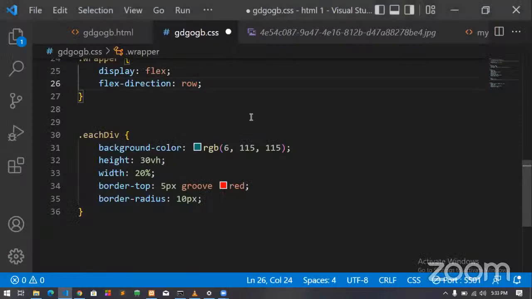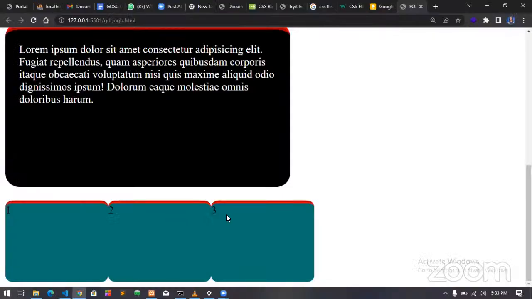But this is not the purpose why we're actually using flex, because we want them to stay beside each other. So there's no need of using row reverse or column reverse or column. So we are going with row. But they are just two. I don't know why they want to marry each other now. They're just joining each other.